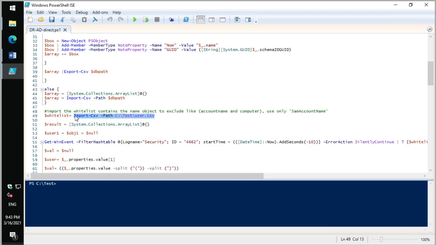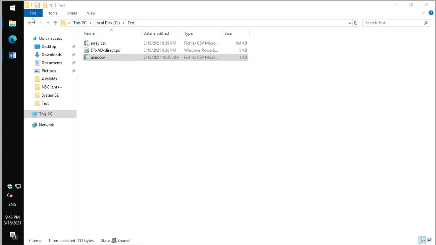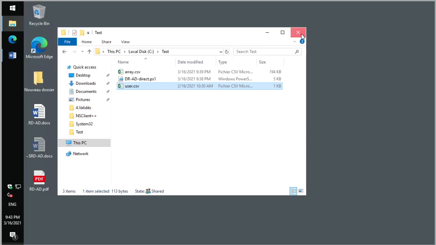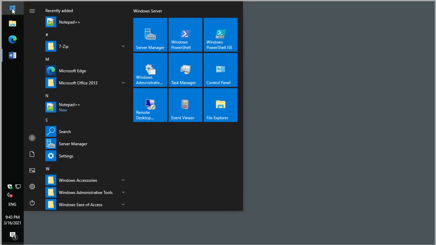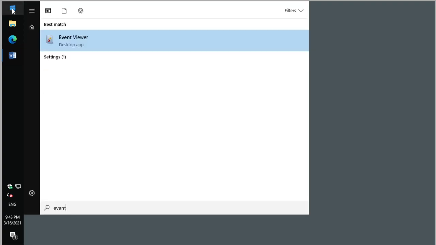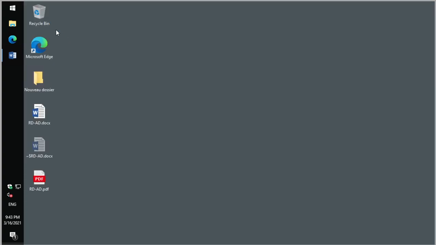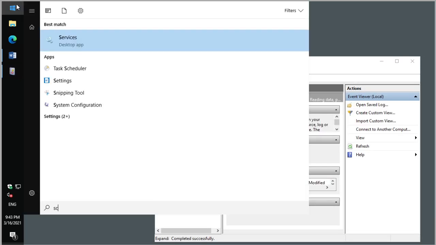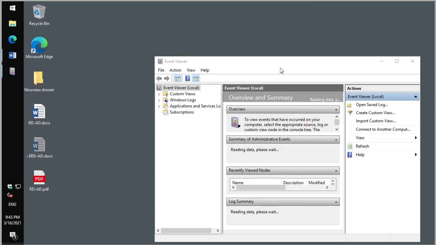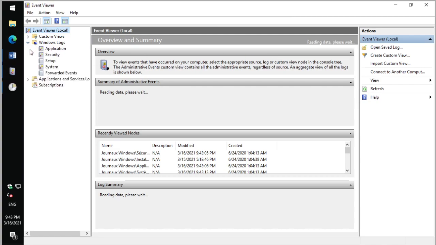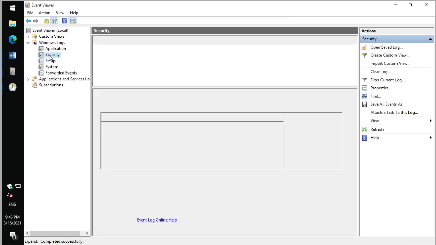Okay, now our script is ready to be executed. We can execute it from a loop or from a task. It is very good to run it from a task. You can do it with a scheduled task or directly from security. When you execute it for the first time, the request,